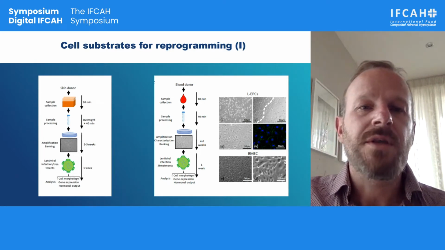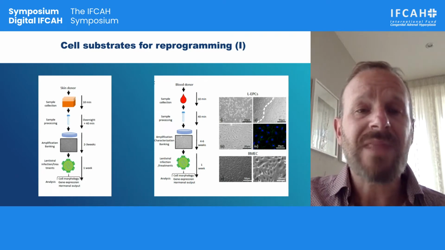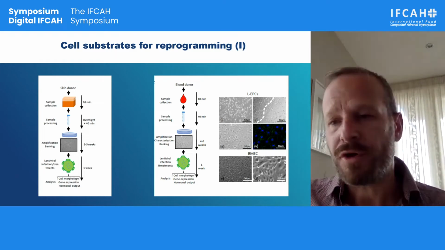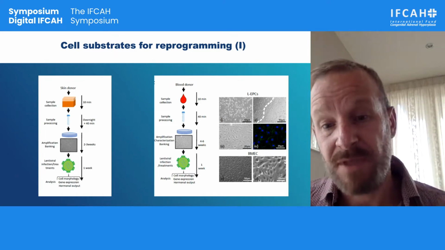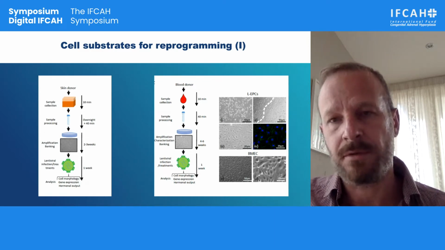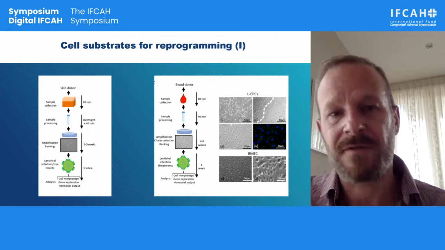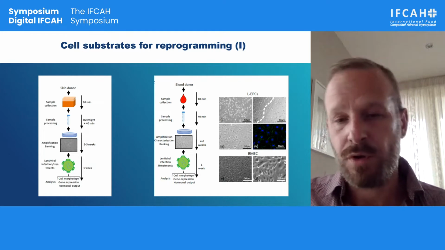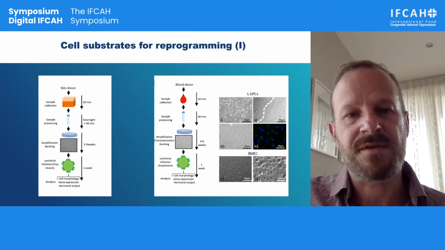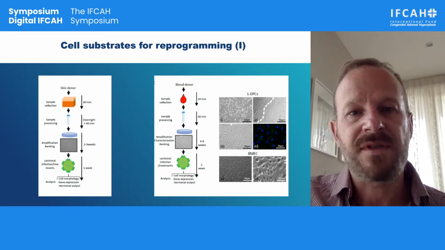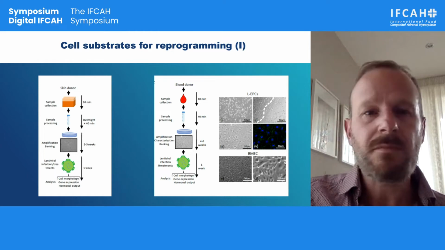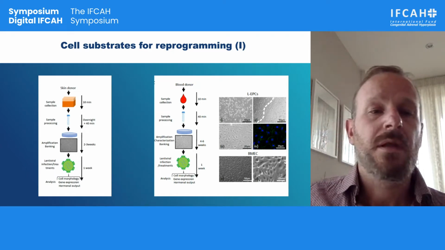We have also been using blood, and within blood we have at least 2 or 3 different cell populations which have been used successfully for reprogramming to inducible pluripotent stem cells or as a substrate for transdifferentiation. For example, you can use the CD34 hematopoietic stem cells which are circulating, and we have been using the so-called late outgrow endothelial progenitor cells.